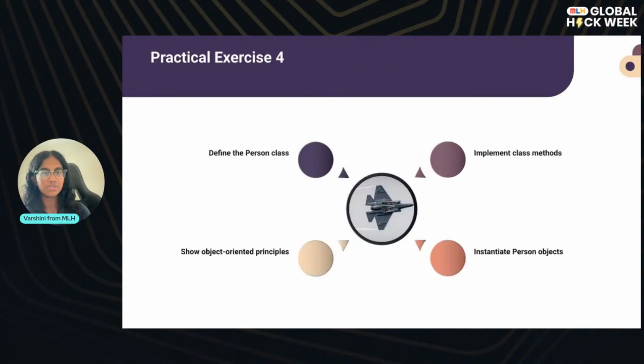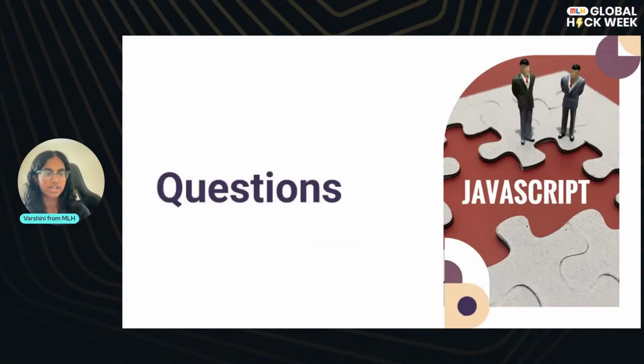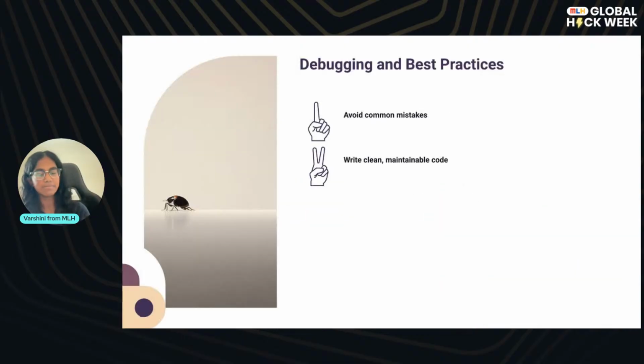I'm going to skip that practical exercise. These are just best practices for debugging. I talked about really important things for debugging, like making sure that you're not missing semicolons, making sure that you're not missing braces, and checking your logic errors. So read the error messages that come up in VS Code in your terminal carefully. It'll help you. And print statements also help you debug as well.